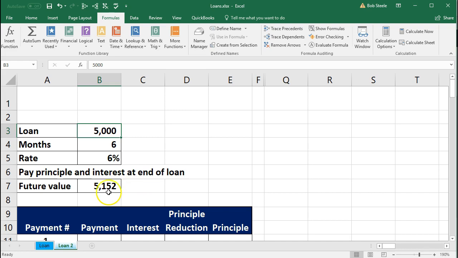So even though we're going to pay 5,152, it's not a liability at this point in time because time has not passed. The 6 months hasn't happened yet. So that would be like prepaying our rent. That would be like paying the interest, or saying we owe the interest before we lived in the home. This would be like saying if we put the 152, we owe the 152 before